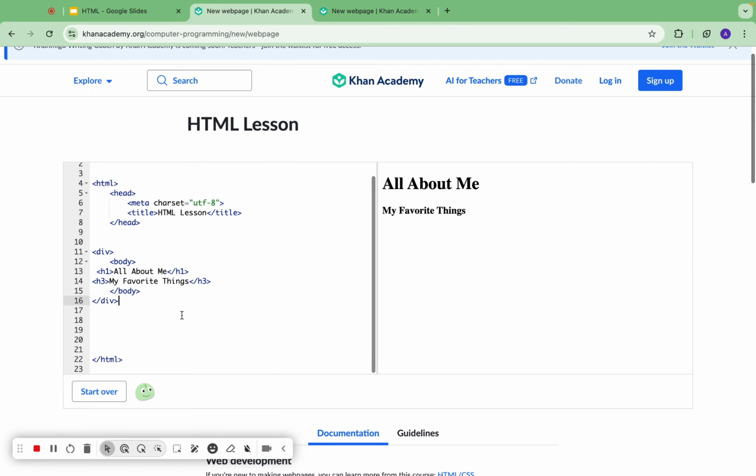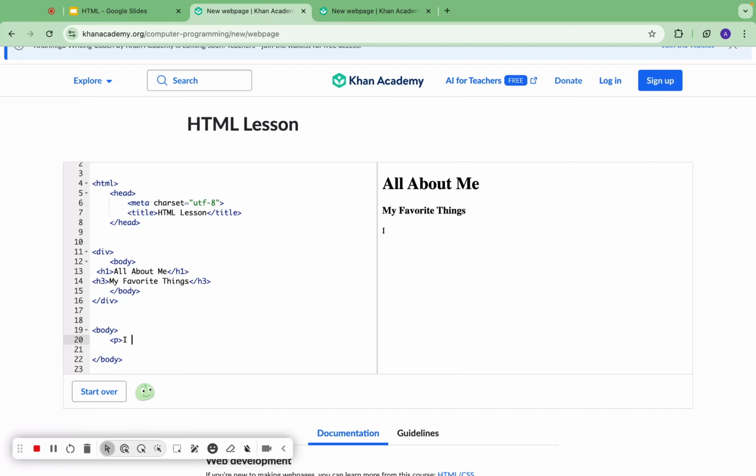So now moving on, let's say I want to create a paragraph underneath my favorite things. So first, I'm going to start off with open bracket. I'll have to put a body tag because I want to write on the canvas. Now, for a paragraph, I'm going to open the bracket and I'm going to put a P and close my bracket. Now, as you can see, the close tag wasn't made, so I'll have to put that in myself when I'm done. So let's say some of my favorite things are,